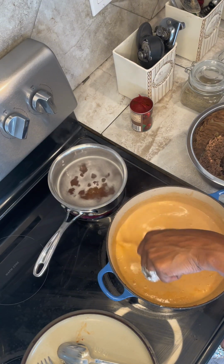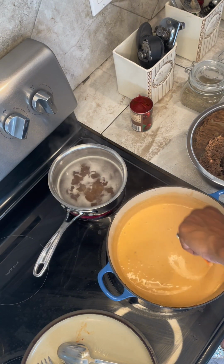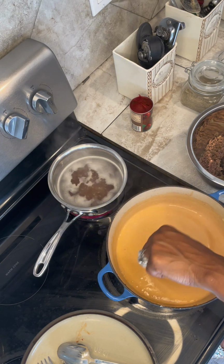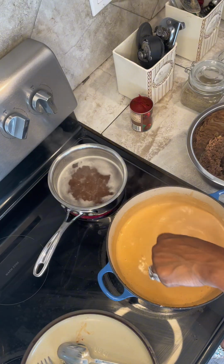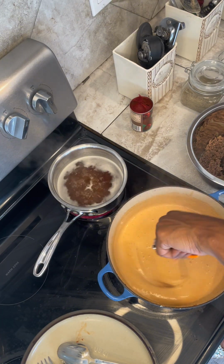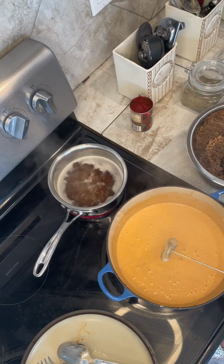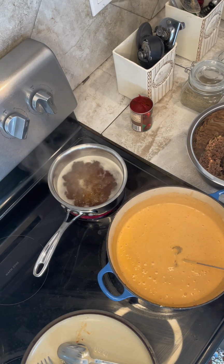So you all can see here, all that cream cheese, the little white dots and all that, that's all gone. It's dissolved. This is my favorite whisk. I love this thing. I've had it for years. I just love how it breaks up all of that. I actually think it's supposed to be used for a bar, for drinks or something, and so I used it as a whisk. So anyway,